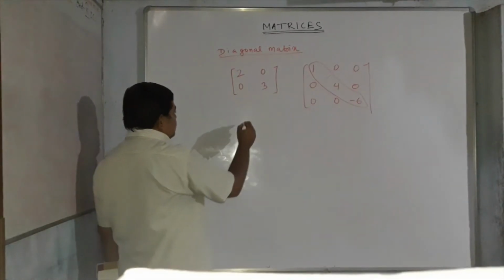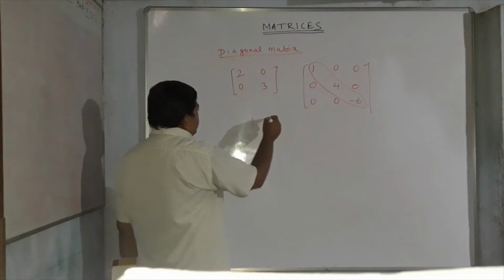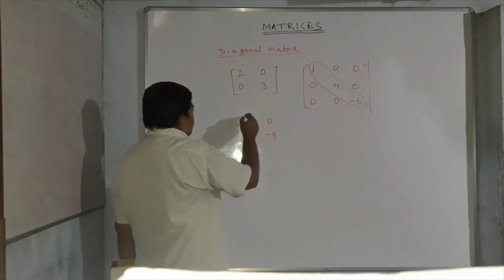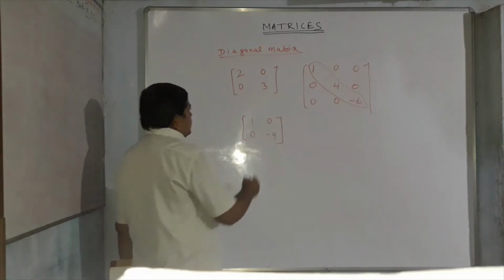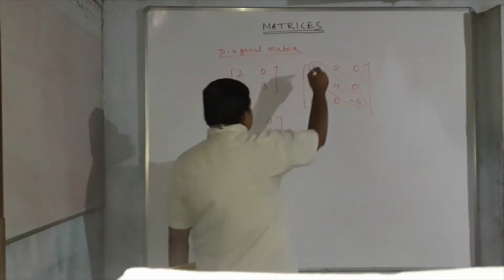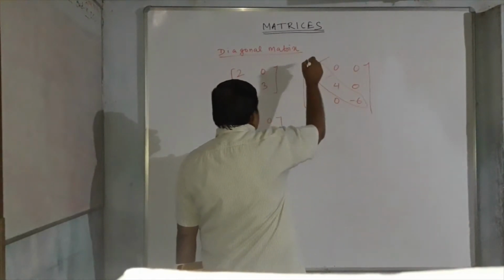One more example: suppose here 4, here 0, here 0, here minus 4. Then this is called what type of matrix? It is the diagonal matrix. That means the leading diagonal. This one is called the leading diagonal, from top left to